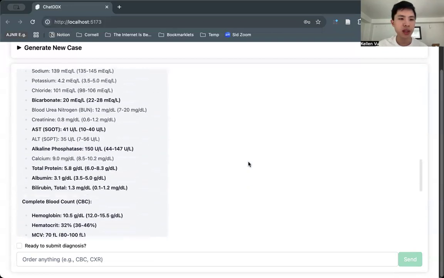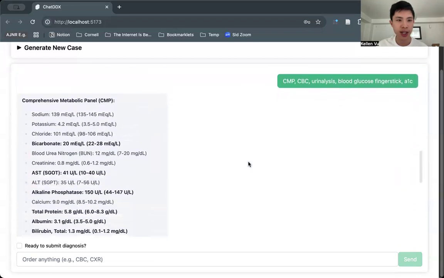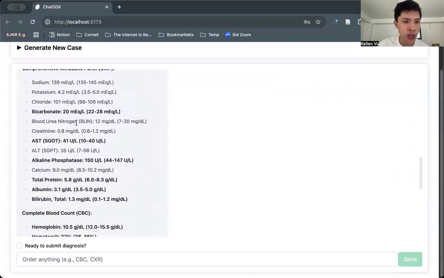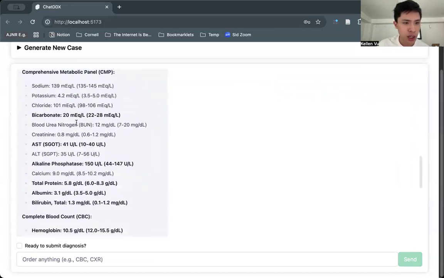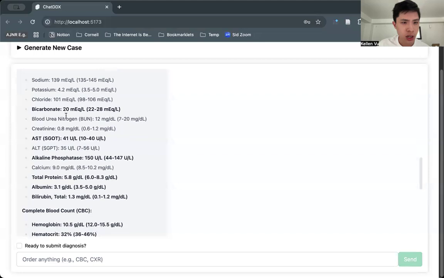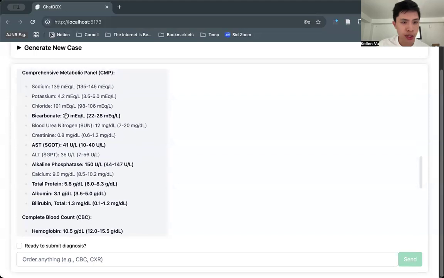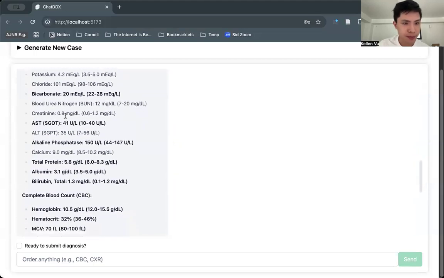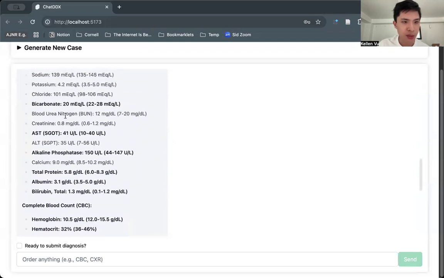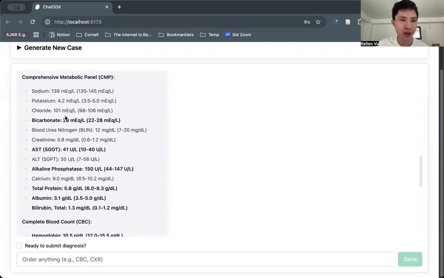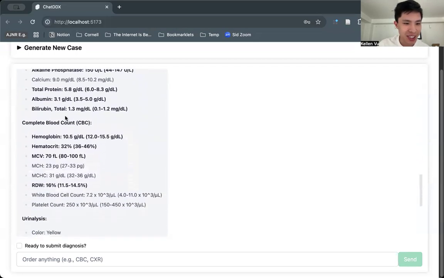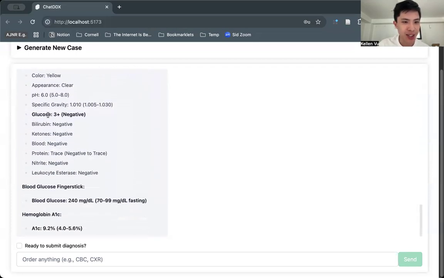All right. So now it'll tell me the results of these tests. It'll bold the abnormal values. So it looks like she is a little bit acidic. I don't have to read it out loud. You can see the results of the CMP, the CBC, the urinalysis has glucose, her blood glucose is high, and her A1C is high. So that essentially confirms a diagnosis of diabetes. Now I want to check